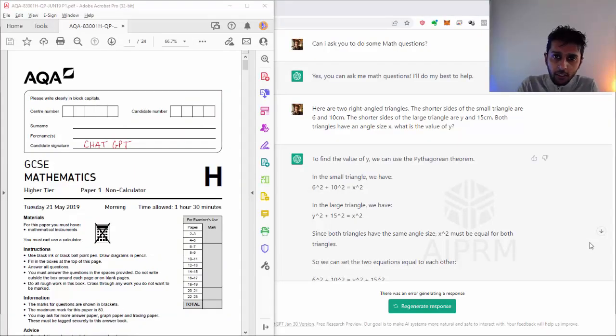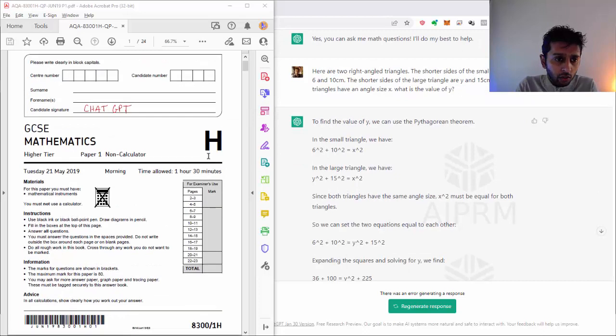So we're going to use ChatGPT. I've just started off by asking ChatGPT if it can do me some maths questions. Yes, of course I can. So the first question on the paper